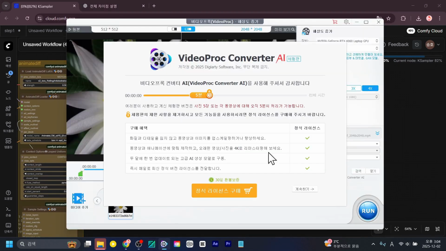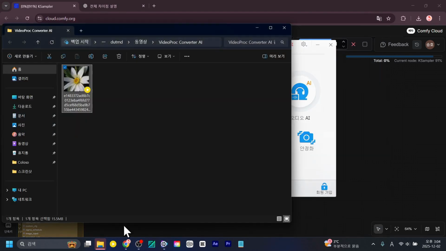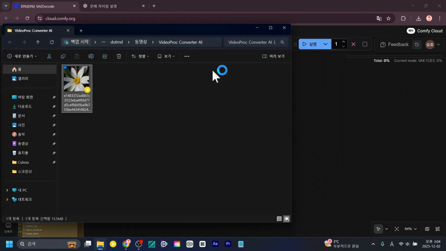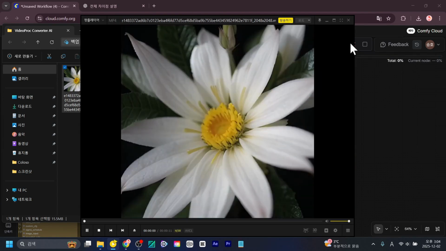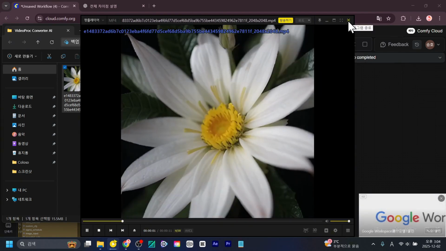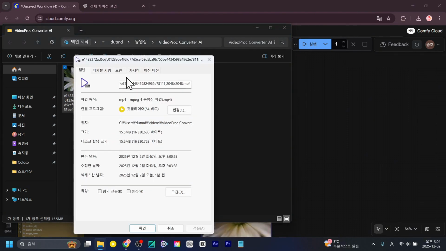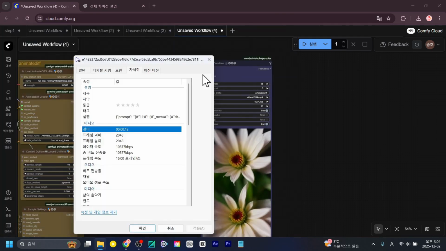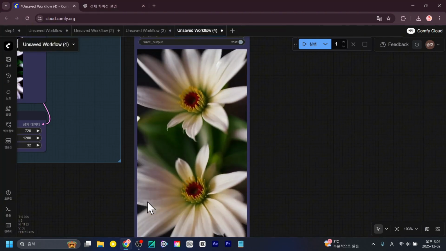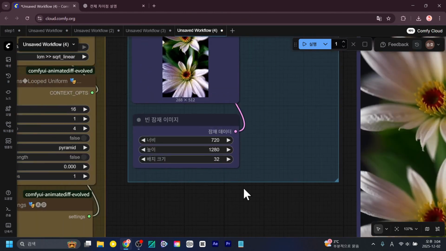Once everything is done, just close it like this. See how the folder is sparkling? That means the upscaling is finished. So if you look at it, the image quality is quite good since it's been upscaled by 4 times. It's excellent, right, at this level. Next, if you right-click and go into Properties to check the dimensions, you can see it's set to 2048 pixels, which is 4K. That's how you use it, right? This is good too. Anyway, I think I'll go with 512 like this.